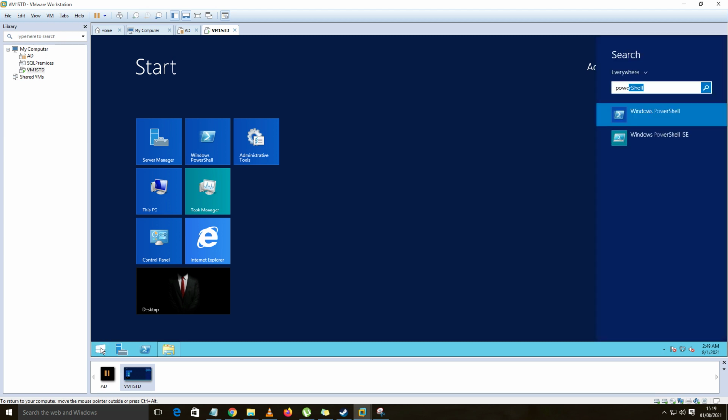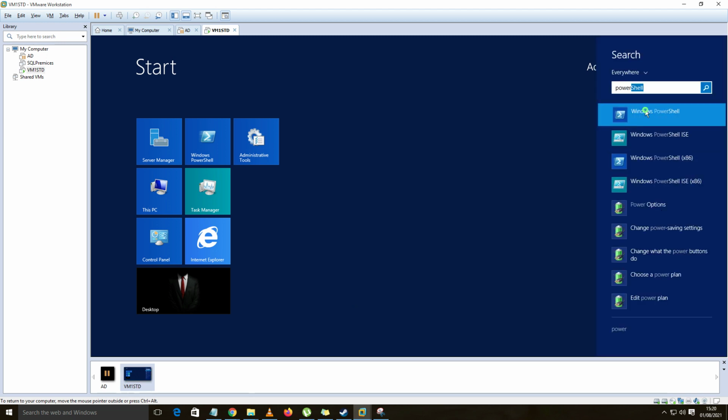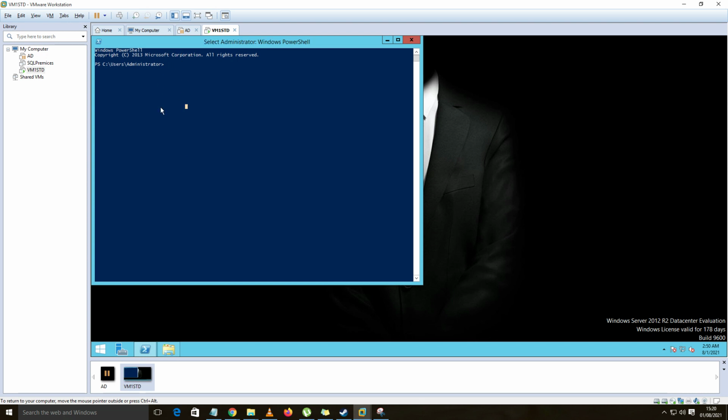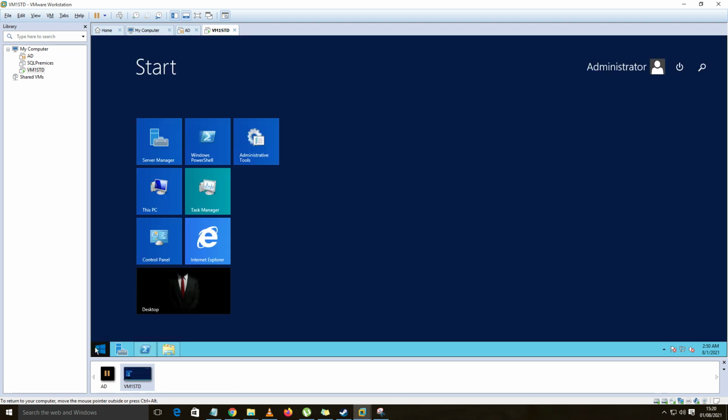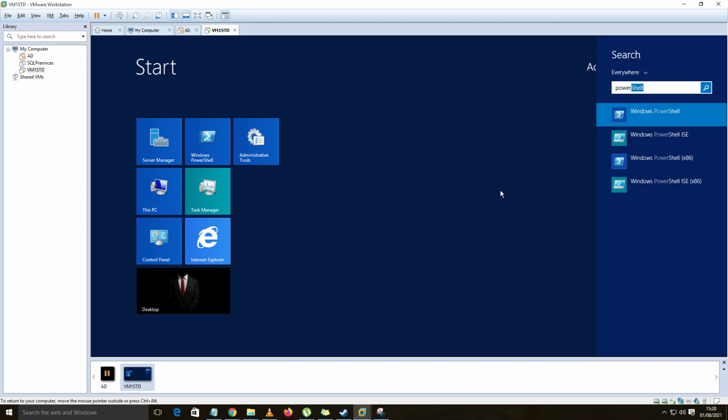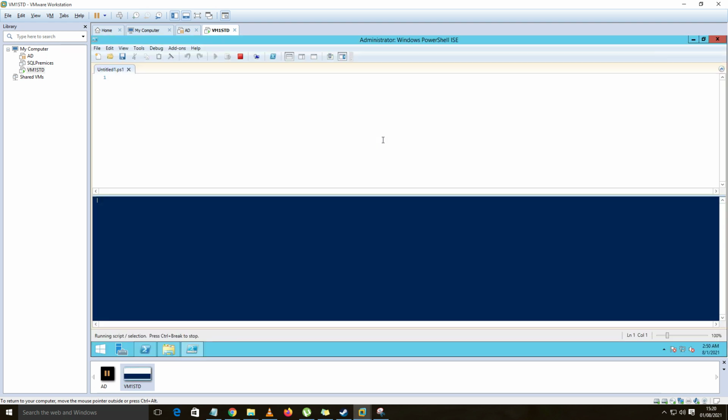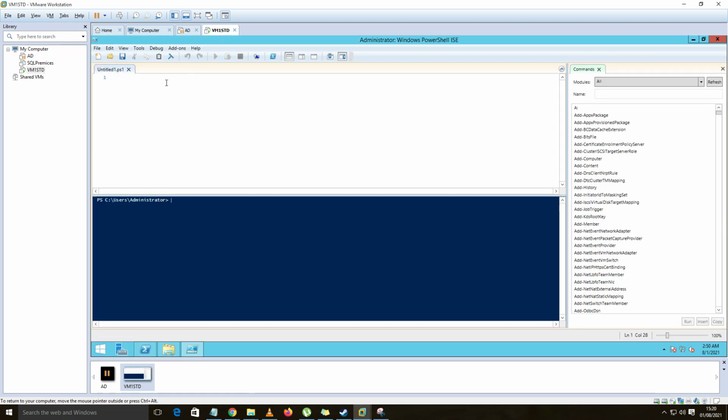Before that, I'll just go through this. This is the Windows PowerShell utility where you can run the command, and there is also Windows PowerShell ISE, which is nothing but your Integrated Scripting Environment. It has three editable windows and the console, and these are the commands you can view. Whichever modules are installed will be listed, and if you choose a particular module, that module's commands will be listed below. If you choose all, it will list all the commands available on your machine.